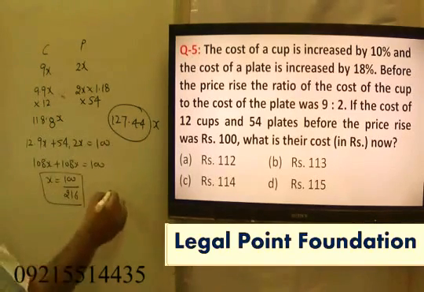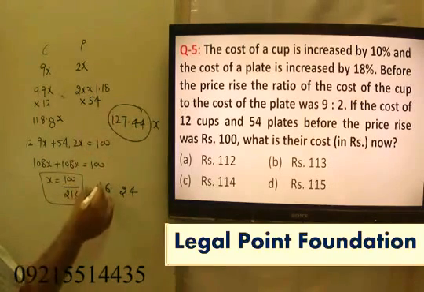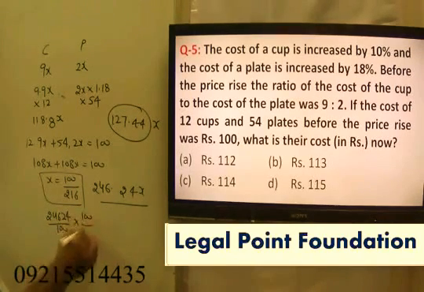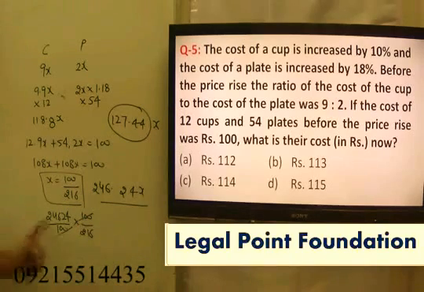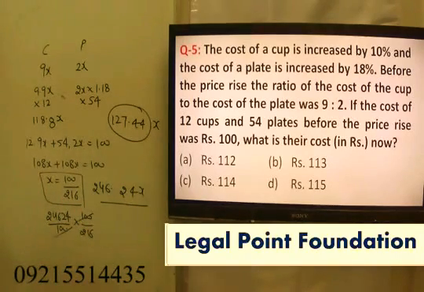That would be taken as 0.4, 12 2, carry 1, 8 and 8 is 16, 6, carry 1, 3 and 1 is 4 and 1 is 1 2. Okay, in the answer I have to find this, right? Now just solve it. Take it as x equal to that value of x. I have to find this. You may say 246.24 upon 100 into 100 upon 216, right? This is cancelled out. Now I have to solve it. Out of the given options, my answer must be C, or you may just calculate and you are in a position to get your answer, right? After calculating, you will get your answer to be C, that is rupees 114.